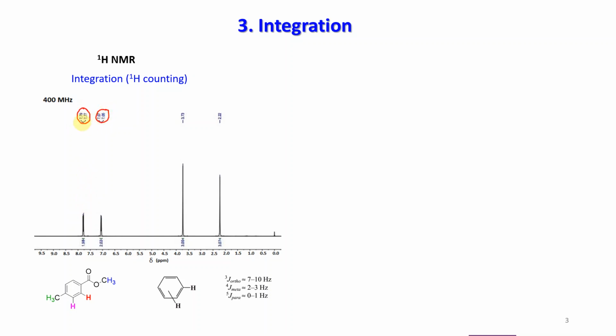And if we calculate the peak chemical shift differences, what we observed in the last class also, the differences between the doublets' individual peaks, you have 0.02 ppm, and if you multiply with the machine strength, what we will get is 8 hertz, okay, 8 hertz, and that matches with the ranges for the ortho coupling,